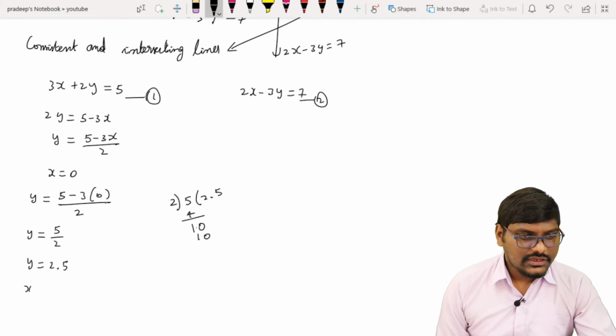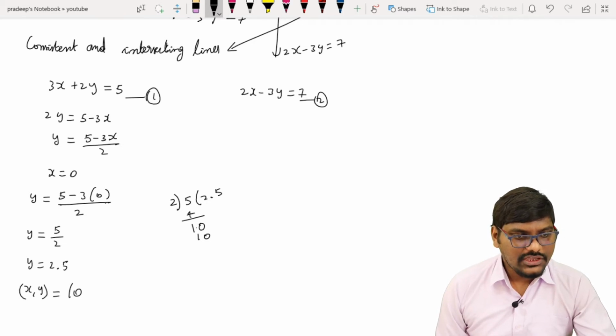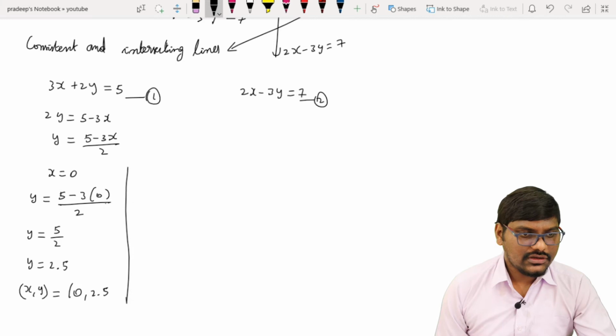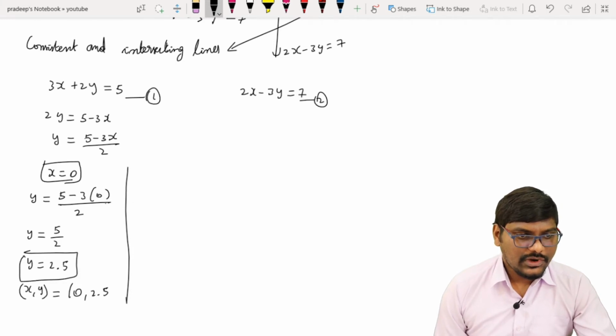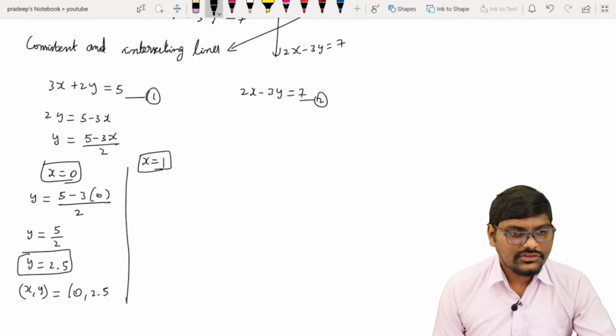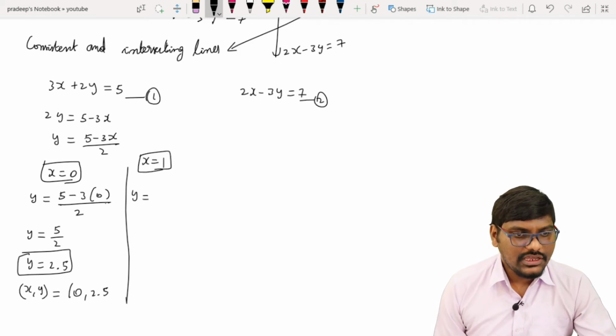So now x comma y we are getting here: when you took x as 0, you are getting y as 2.5. Alright, so this is the first point which we got. When x equal to 0, we got y equal to 2.5. As I already took x equal to 0, now I'll take x equal to 1. So when I take x equal to 1, I'll be getting y equal to, in the same equation,